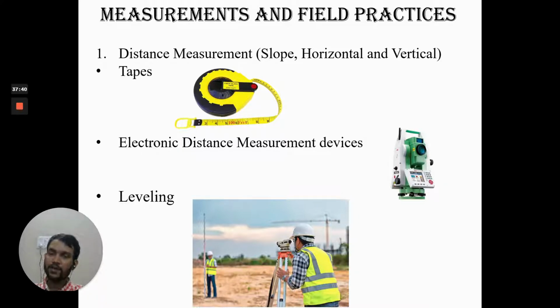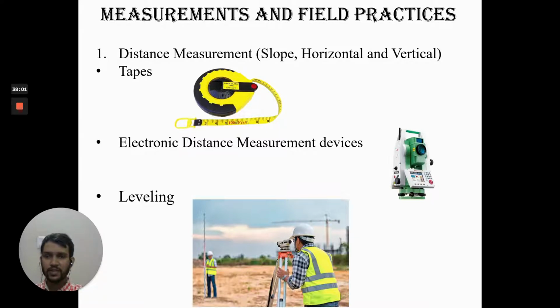Means just by walking we can get the rough estimate of the distance between those 2 points. If we know the length of each pace, we can move with uniform paces and keep track of the distance. A rough calculation just for starting the surveying we can get using pacing also. Okay, so these were the techniques that were used.